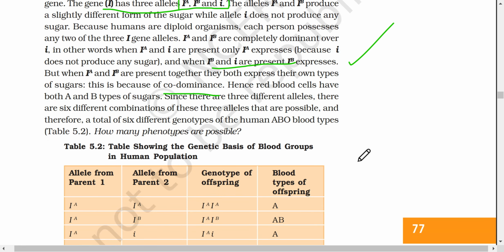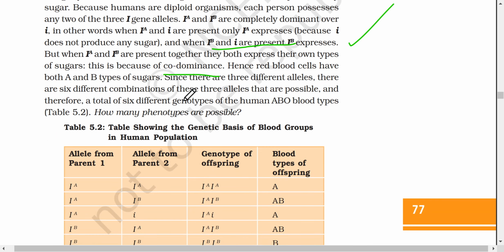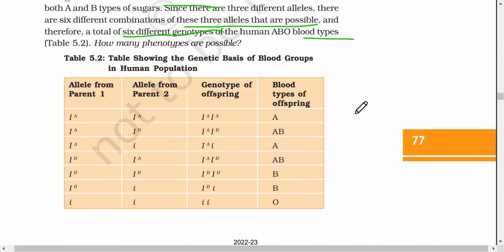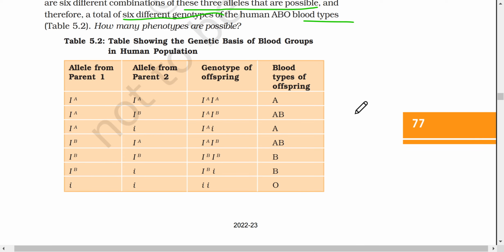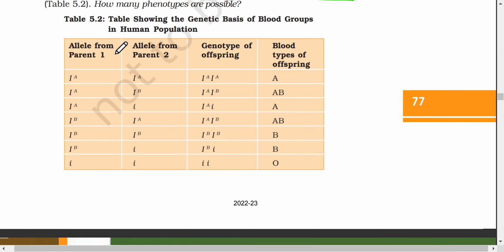Since there are three different alleles, there are six different combinations of three alleles that are possible. Therefore, a total of six different genotypes of the human ABO blood group. क्योंकि तीन है तो उनको हम दो दो करके छह डिफरेंट जीनोटाइप्स में सेग्रीगेट कर सकते हैं. ठीक है, तो एक पेरेंट से कुछ लिया, दूसरे पेरेंट से कुछ लिया, फिर ऑफस्प्रिंग का कुछ एक जीनोटाइप आया